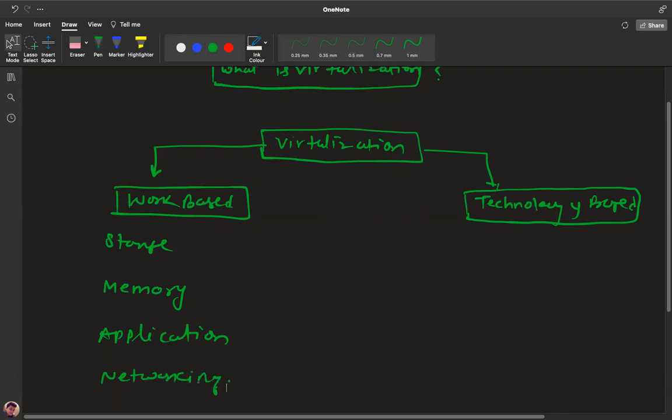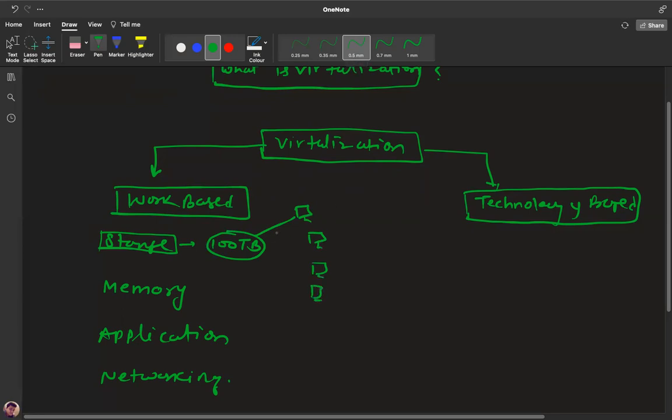Okay. So storage, in the sense, talk about storage. For example, you have 100 TB of storage. Now you are planning to share this 100 TB with multiple computers.